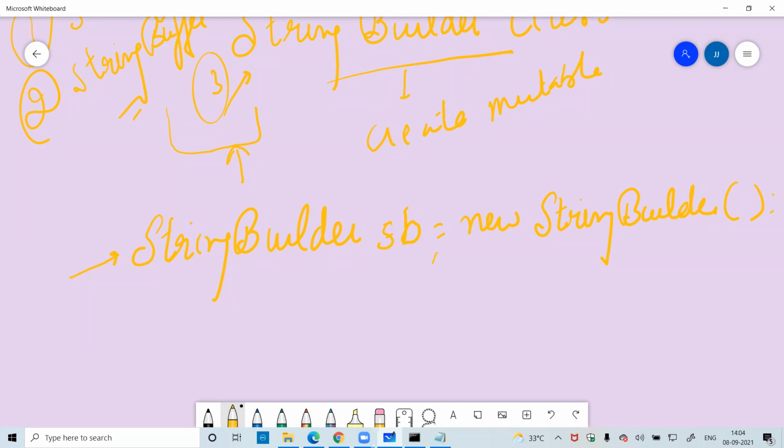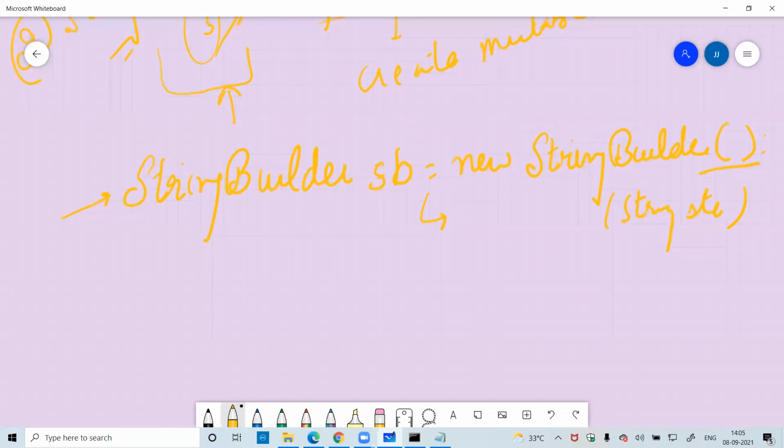This is one empty constructor, and this is the main constructor. Second is the string str. Third is capacity, which we discussed in the string buffer. The same constructors are available in the string builder class also.